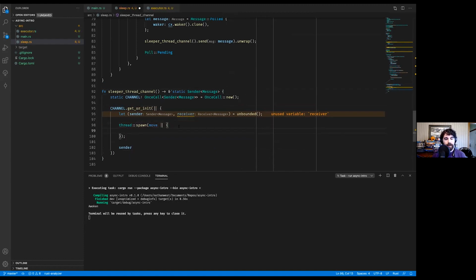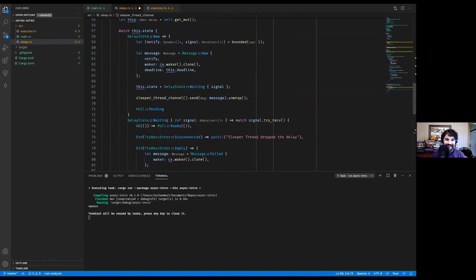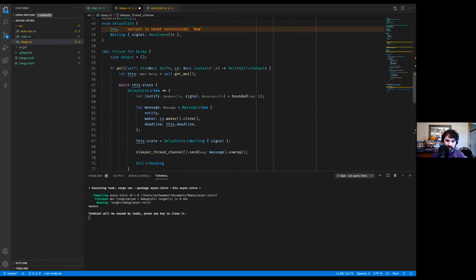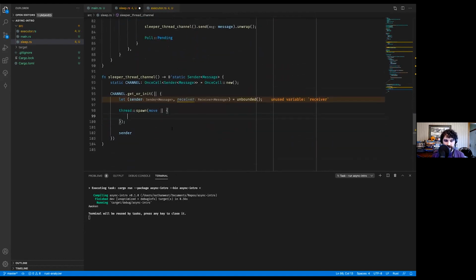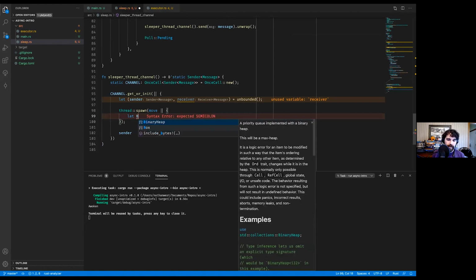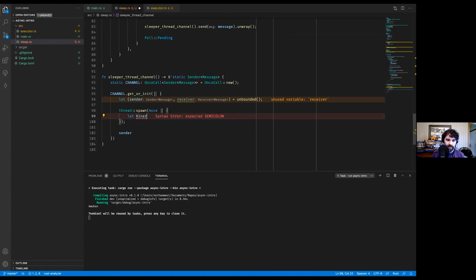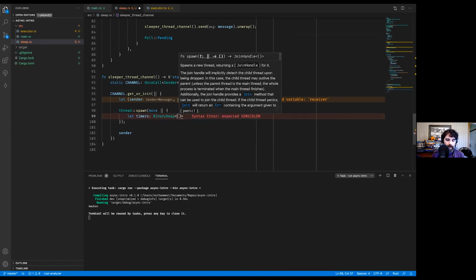All right. So just to reiterate again, the whole point of this thread is that as we create all these delays, every time we poll them, they're going to be sending us messages that we need to respond to. So we need some data structures. We will make a binary heap to store the timers themselves. We'll say let timers is a binary heap of a